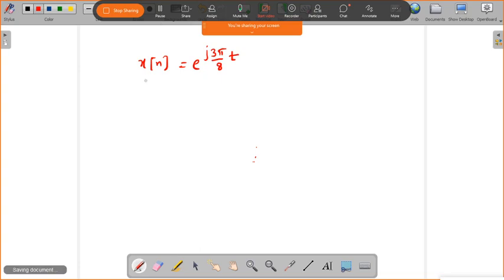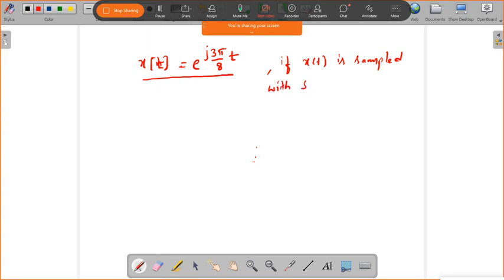So now if x of t is sampled with the sampling period Ts equal to 5 by 3 seconds, say for example, if x of t is sampled with the sampling period Ts equal to 5 by 3,